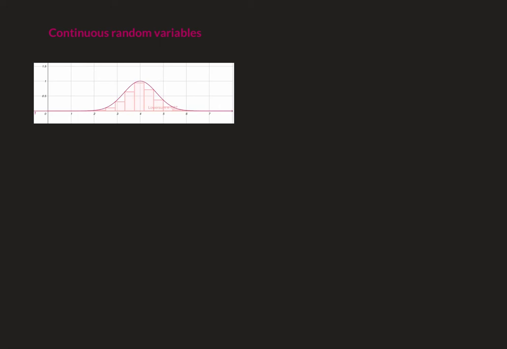In this lesson, we're going to talk about continuous random variables, how to find the probabilities, and how to find expected value and the variance for this kind of random variables. Now, the first thing I would like you to do is try to remember the things that we did for